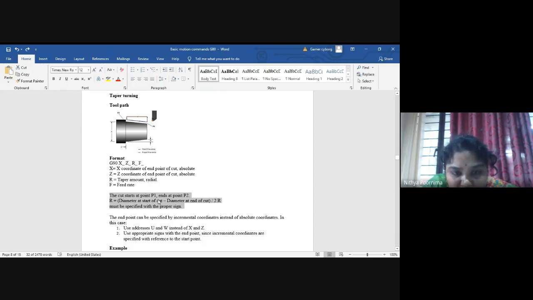This is the formula you need to calculate and substitute here, and then give the feed rate. Is it clear? I want you to copy this entire thing for taper turning operation.